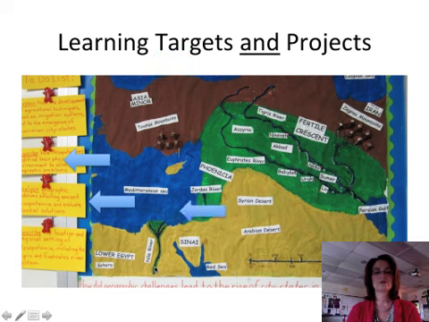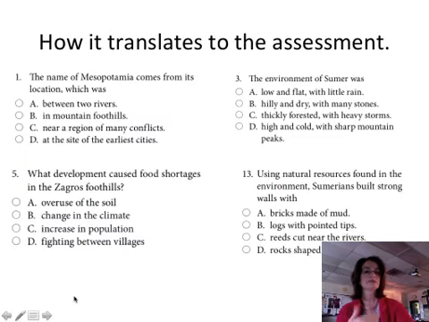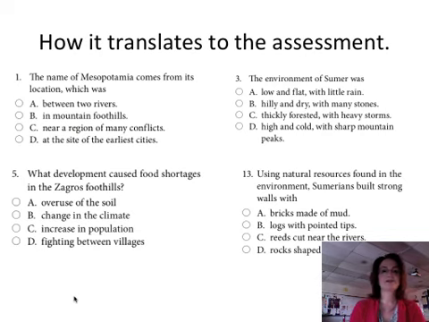And so that was the change for me, just really making sure that the project was meaningful and based on those targets. Now the good news was it translates beautifully to the assessment. Whatever kind of assessment that we give our students, whatever way we learn whether or not they have mastery over the skills that we've taught them, if we embed those learning targets within the projects that we have, then